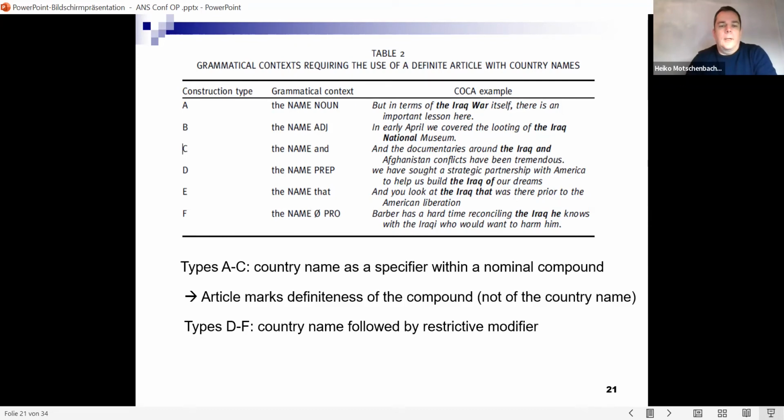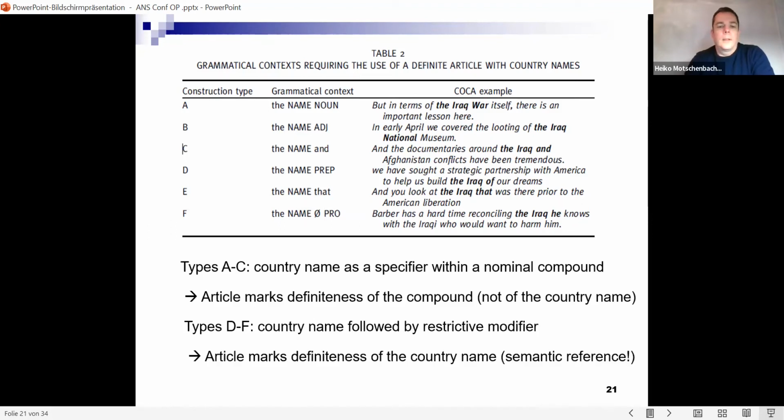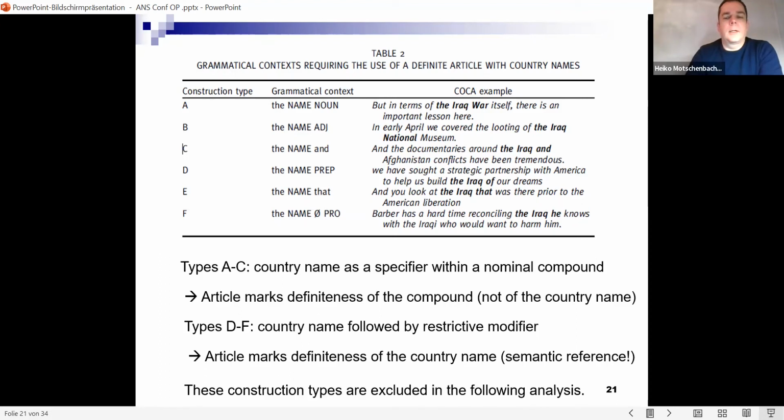And in types D to F, we have the country name being followed by a restrictive modifier. This could be a prepositional phrase or a relative clause, like in the Iraq of our dreams or the Iraq he knows. And here, the article marks the definiteness of the country name as such, and these are all cases of semantic reference rather than onymic. So as these are contexts that do not seem to allow for variation, I excluded them from my following analysis,